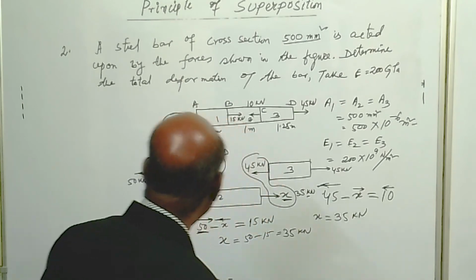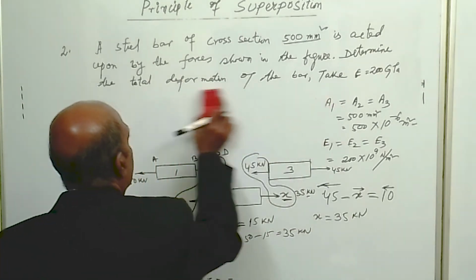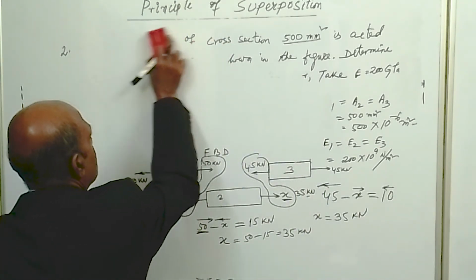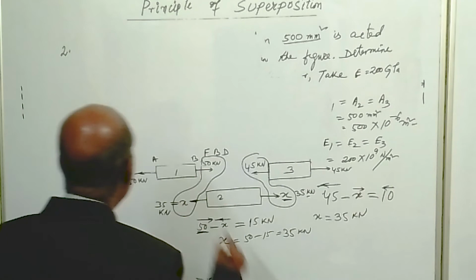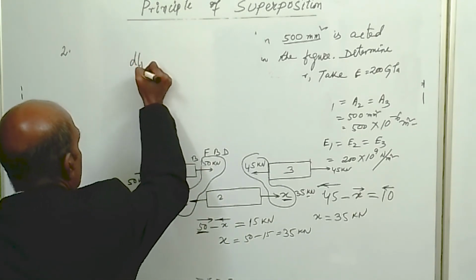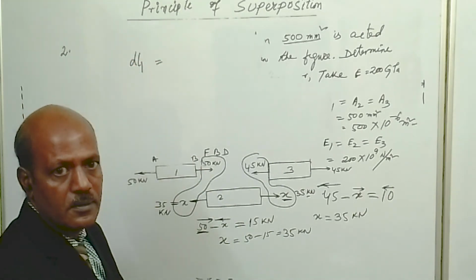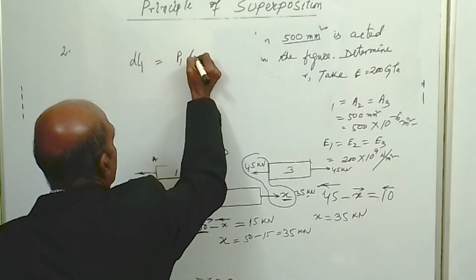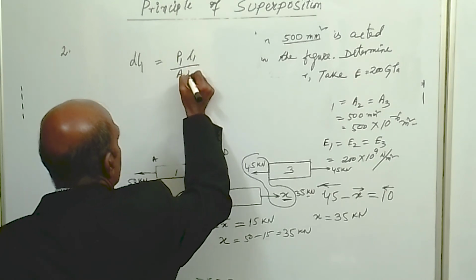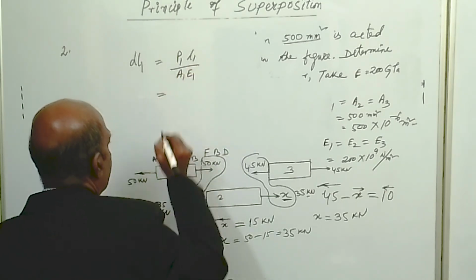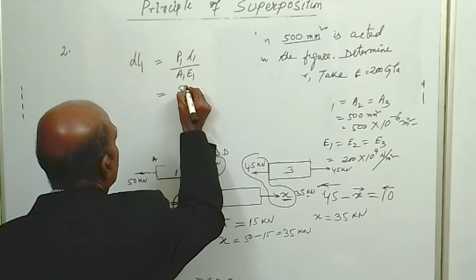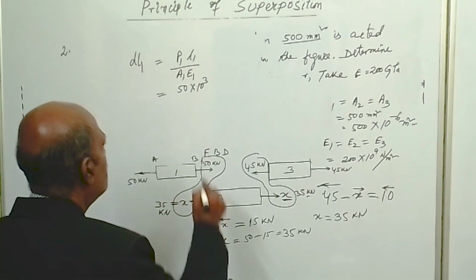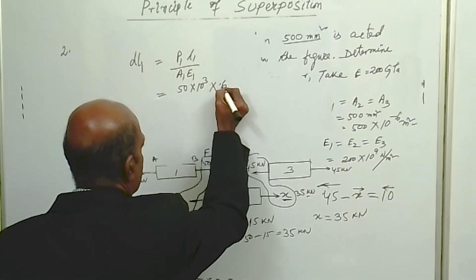Now we are going to find the deformation produced in the respective sections. In the first section, what is the deformation produced? Here dl1 is given by P1 into L1 by A1 into E1. So what is the P1 value? 50 kilonewton, that is 50 into 10 to the power 3 Newton. What is the L1 value? It is given as 0.6 meter